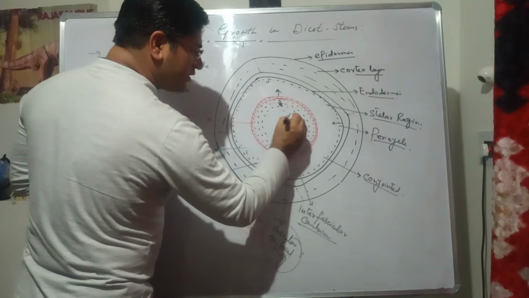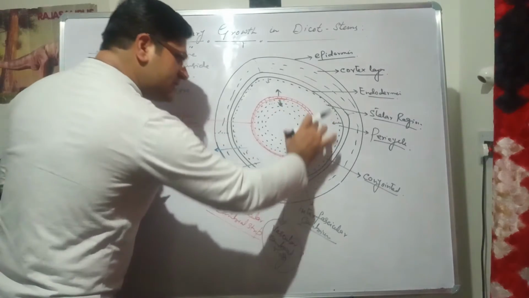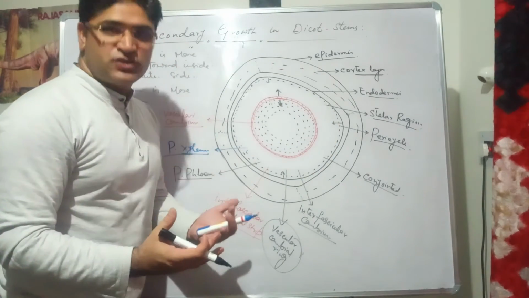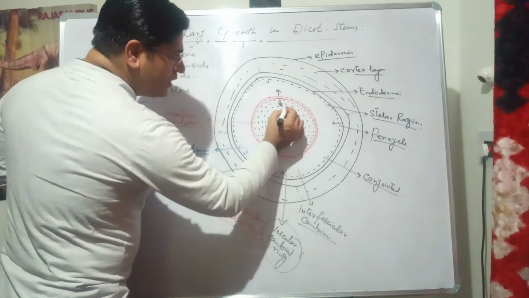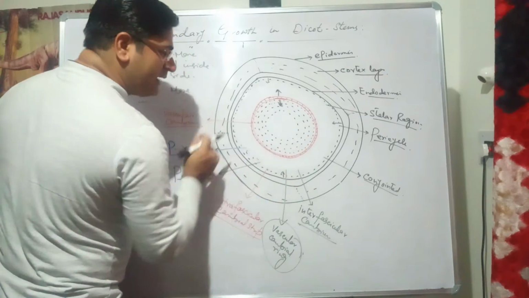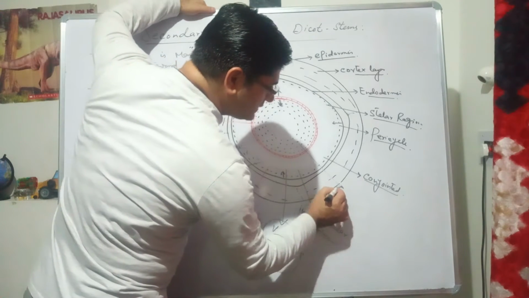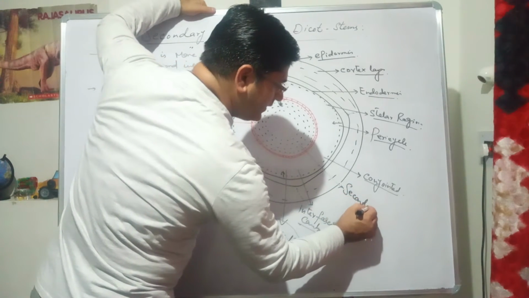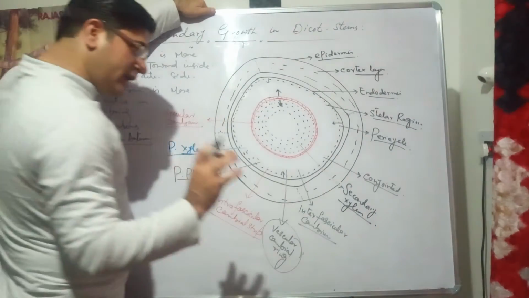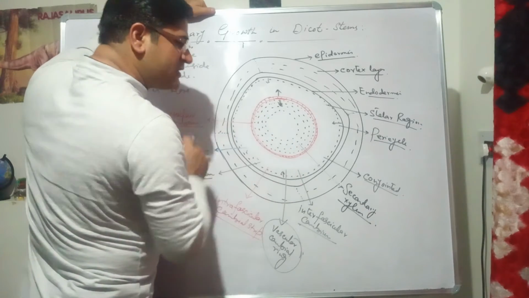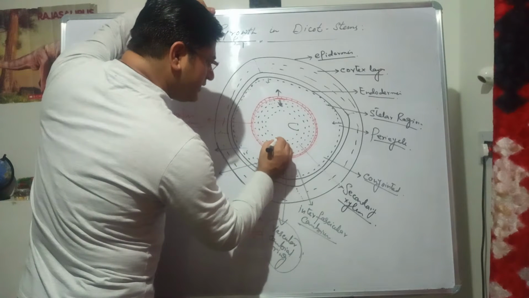A ring-like structure forms by the accumulation of these cells inside, and this leads to the formation of secondary tissue. This tissue, which is formed by the activity of the cambium towards the inside, is known as secondary xylem. It is called secondary xylem. Now if you take the vascular bundles, they were in a ring-like manner, like this.